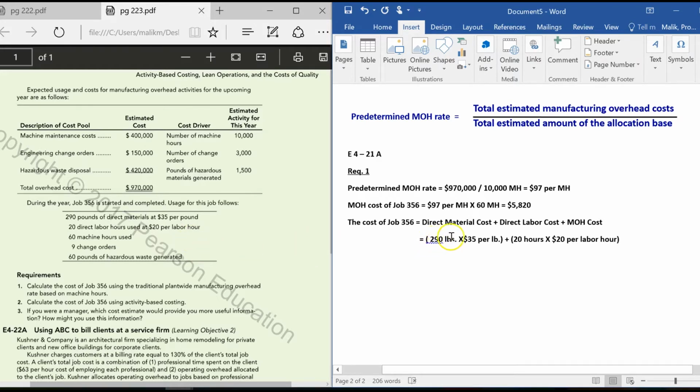This is how you can calculate your direct material cost and direct labor cost. All the information is given here. You just need to plug in the correct number. And then we need to add the manufacturing overhead cost with what we just calculated here, which is